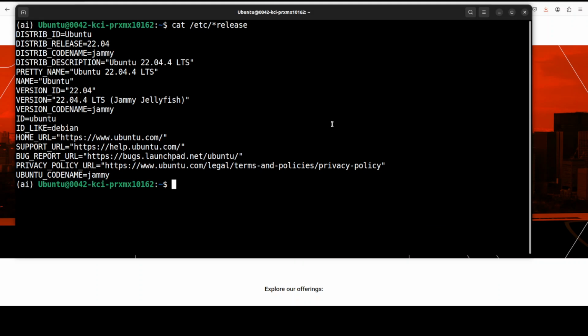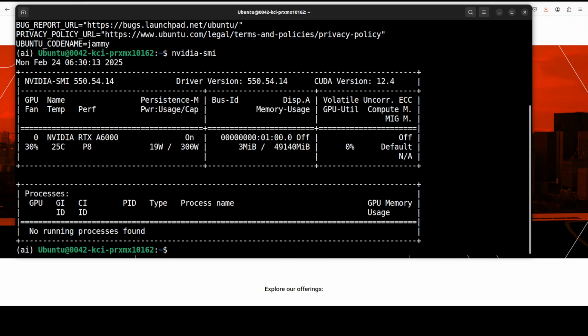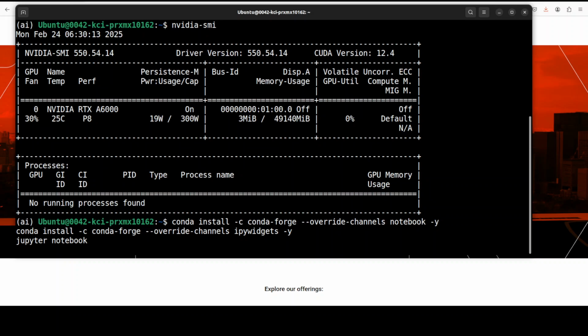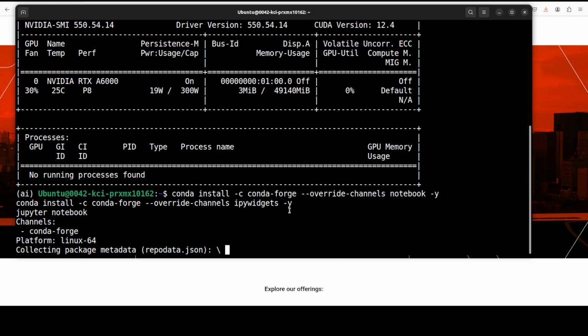So this is my terminal where I'm running this Ubuntu 22.04, and I have this GPU card NVIDIA RTX A6000 with 48 GB of VRAM, courtesy Mast Compute. Now I already have created the virtual environment and the prerequisites are just Torch and Transformers. Just pip install Torch and pip install Transformers. I already have it installed, and I'm just going to launch my Jupyter notebook and we will do the installation